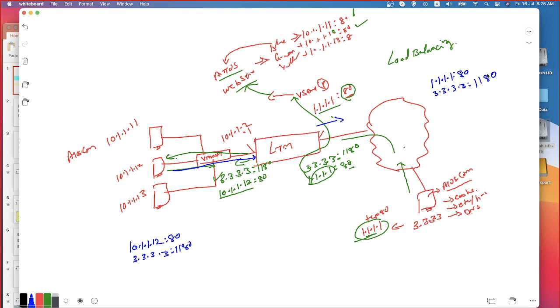Simply put, if the destination IP address of the received packet has been translated to something, then it is destination NAT. If the source IP address of the received packet is getting translated, then what we call it as source NAT. Correct? If both of them are being translated, twice NAT. Simply you can remember like this. On the received packet, if the destination IP address is getting translated, then we call it as a destination NAT. On the received packet, if you translate the source IP address, then it is called as a source NAT. Clear?